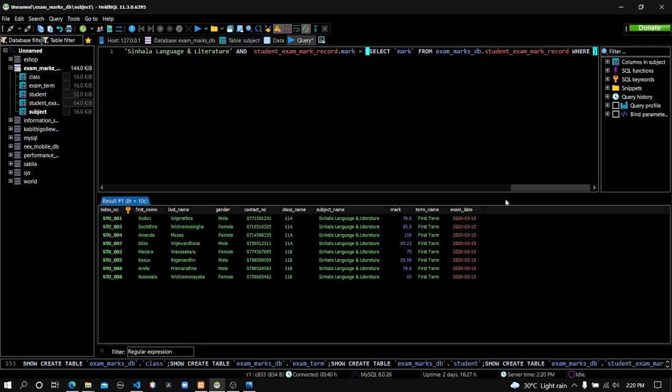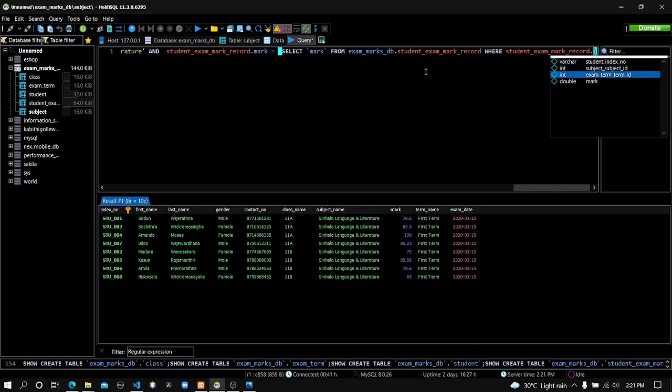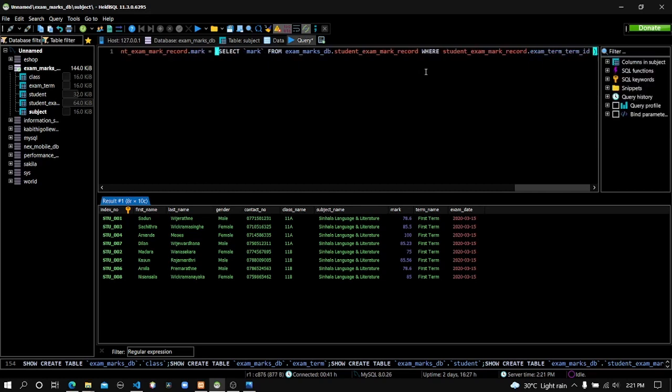So the attribute in the student exam mark which we can use to find the first term is the exam term ID. So let me copy that name. Let's mention that one, student exam mark record table, and here's the attribute exam term ID should be equal to,